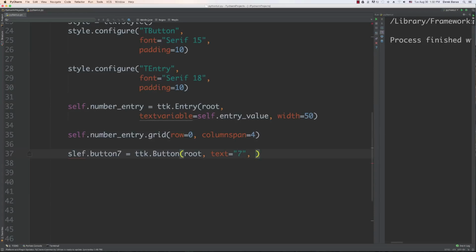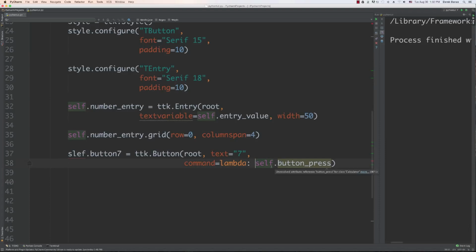And then I want to be able to call a function. I got to think about what's a good function name for this guy. Let's put this on a separate line. I think a good name for it would be something like button press, maybe number button press, but that's kind of long. So I'm just going to call it button press for now. So we'll say self, and button press is going to be the function that is going to be called. And what did I do? I forgot to put a command inside of here. And equal to, and I'm going to do this as a lambda. And self button press